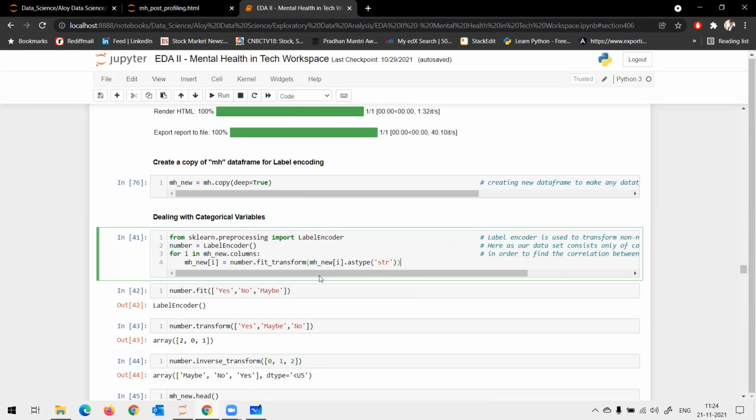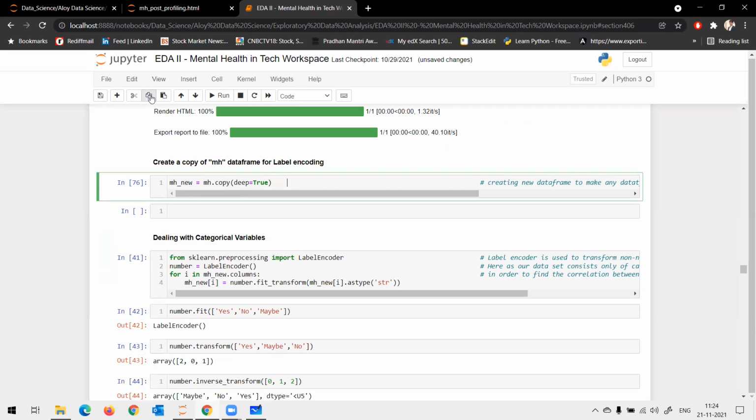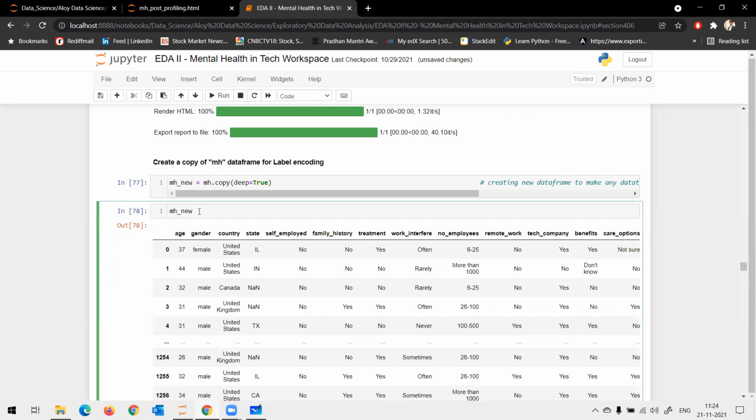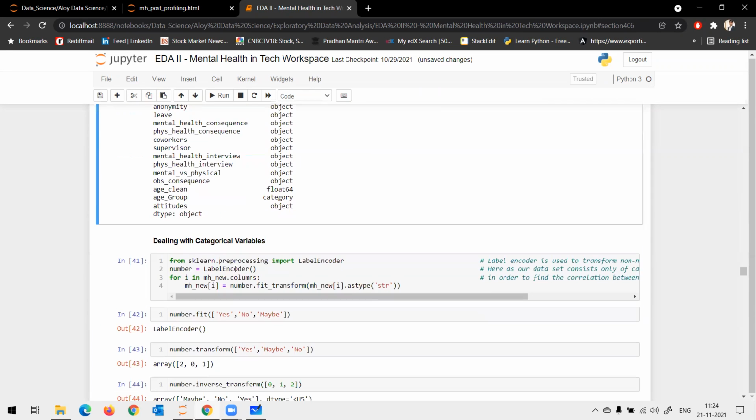Normally, whatever the data set I have here, I take a copy. My data set is object. I need them in string format in order to use this function.